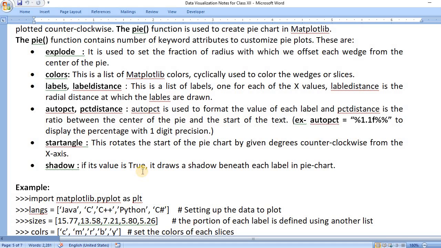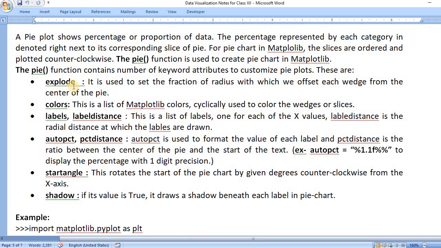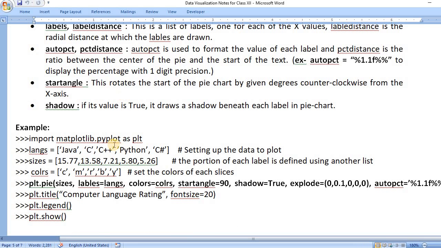These are the keyword arguments you can use to customize your pie chart. This is the example I have given here, and you can use this example for your practicals. And with plt.title, through this code we can set the title of this chart.